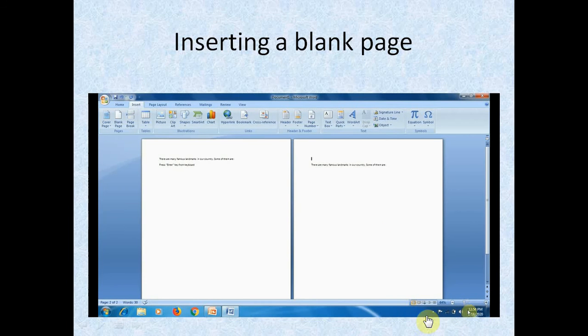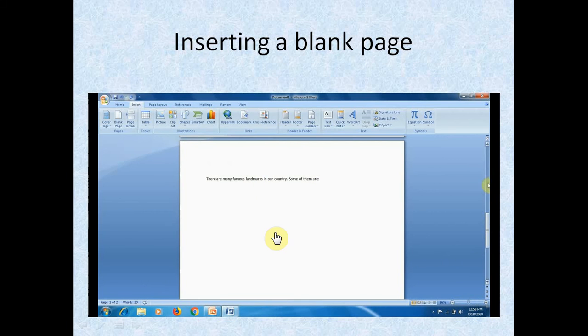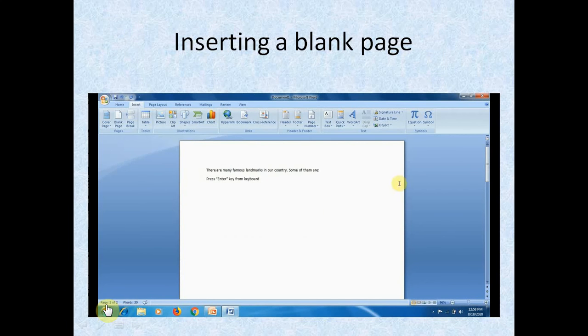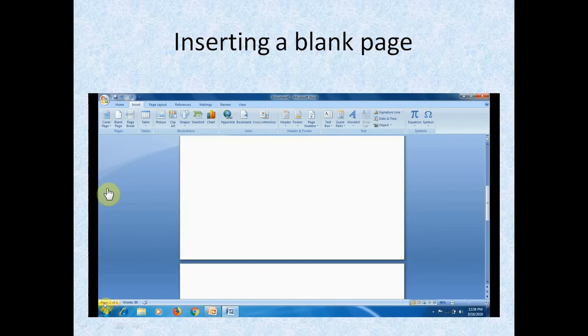In this view you can see the first page and the second page. So we have two pages, and earlier we had only one. This is how we converted it, from Insert and Blank Page.